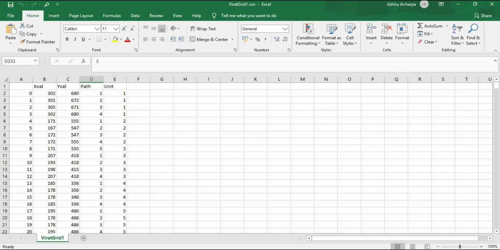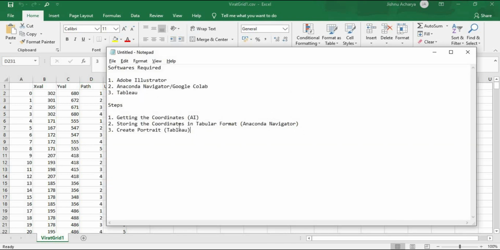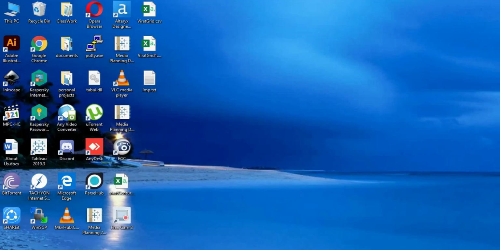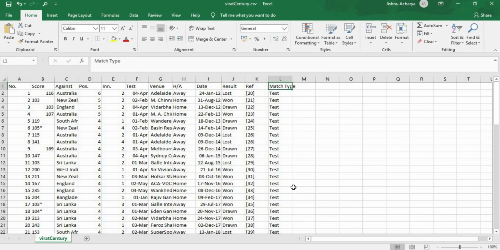Now we will move to the next step, that is creating the portrait in Tableau. So let's start. Before moving to Tableau, you have to fetch data from Wikipedia. It is easily accessible.